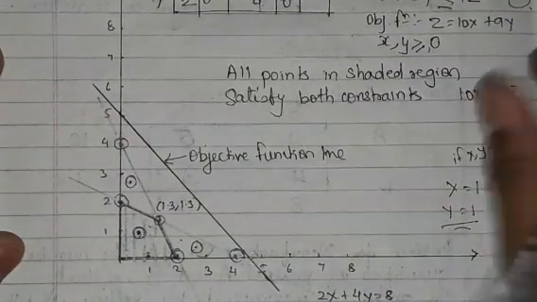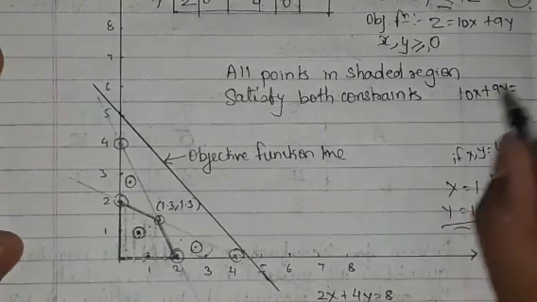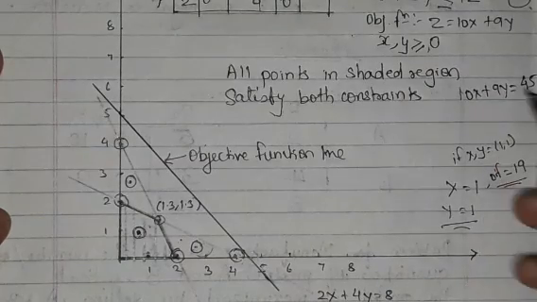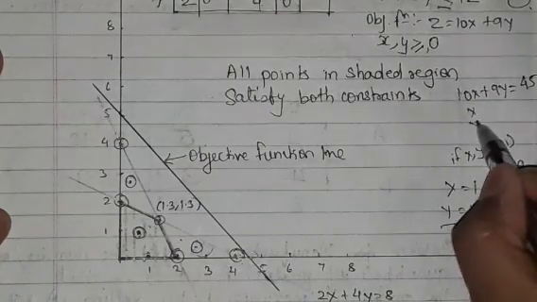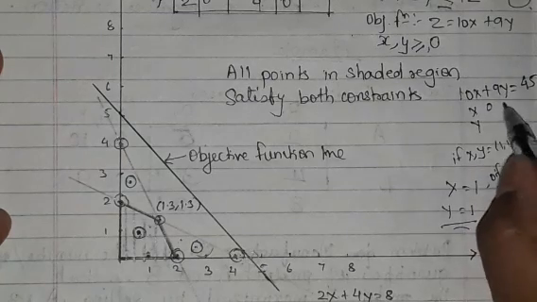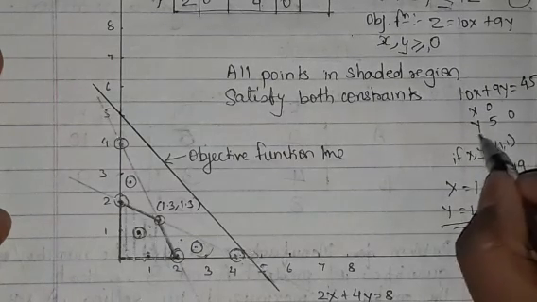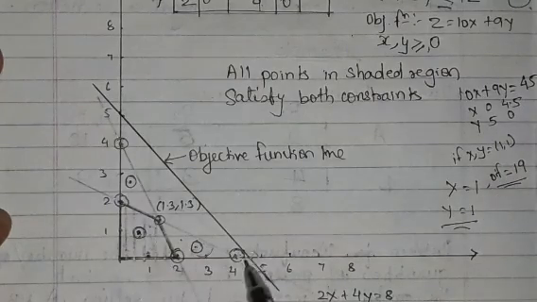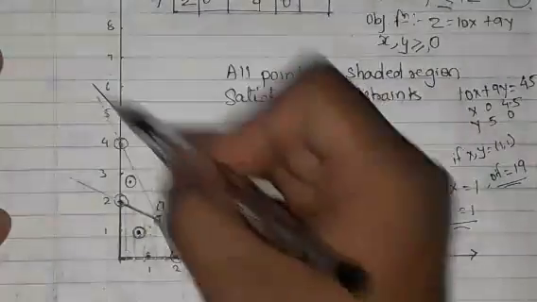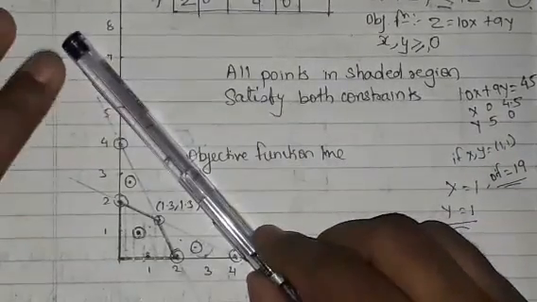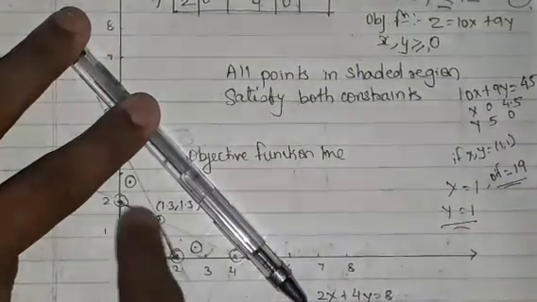paper. So what I'll take is a multiple of both of them. I can take 90, I can take 45, so I'll take 45. With the help of 45 I'll get x, y, right? If I take x as 0 I'll get 5, and if I take y as 0 I'll get 4.5. So I'll draw this 5 and 4.5, right? And I've drawn the line. Now see, this is the objective function line, right? And this is the area under